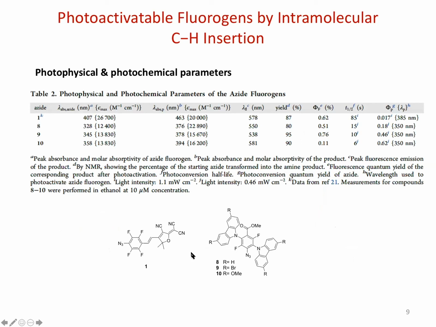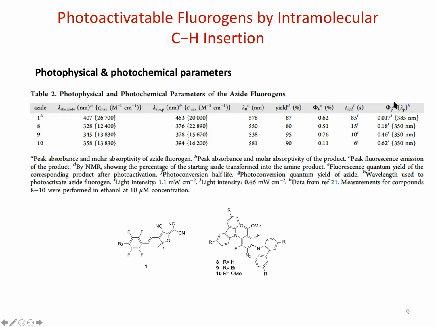Here again, number one is Wehrmüller's molecule. The lambda max of absorption is 407. Ours is at a shorter wavelength because we don't have this conjugation. But the substitution on the carbazole does change the lambda max here. The other thing that I wanted to bring to your attention is that the fluorescent turn-on half-time is much shorter than in the case of Wehrmüller's molecule. So you can see it is several times faster.